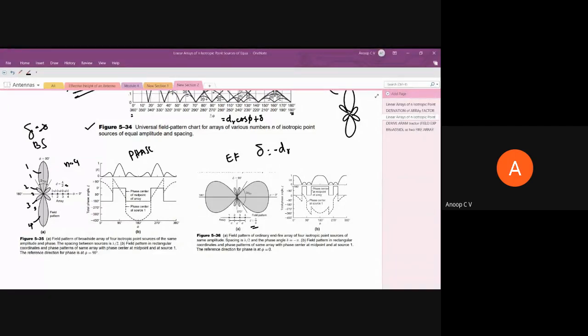But before you leave, just type in whether you understood what we have discussed today. This is very, very important as far as your university exam or internal exam is concerned.